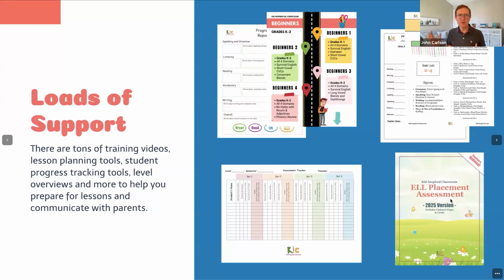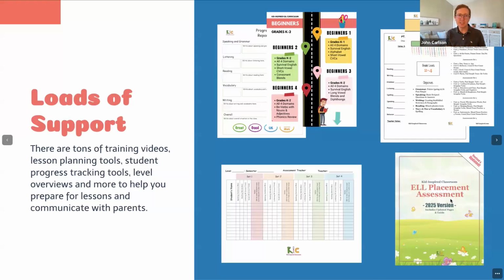And if you're not sure, you can always lay it out for the parents. You just say, look, here's the results I'm getting. Here's kind of what I'm thinking about level wise. This level would be a little easier for them, would build off of what they already know. This level might be a bit more of a challenge. What would you like for me to do with them? Do you think that they're up for more of a challenge? Do they enjoy being challenged? Or do you feel like they're a little more nervous and tentative, and so we maybe should start with the easier level?